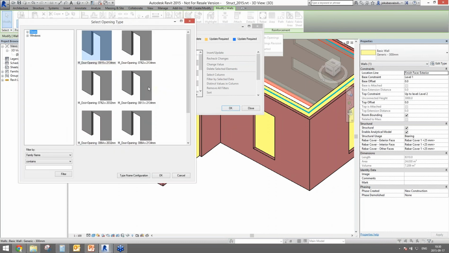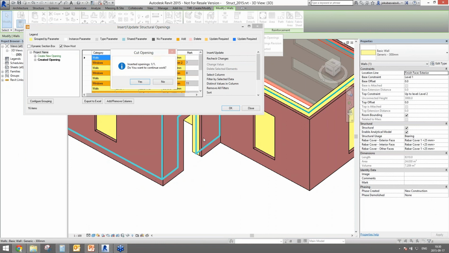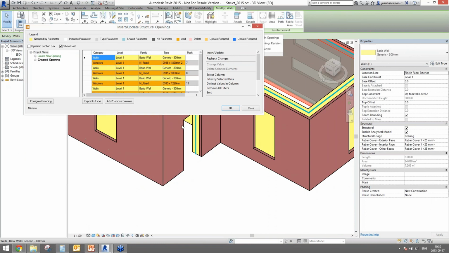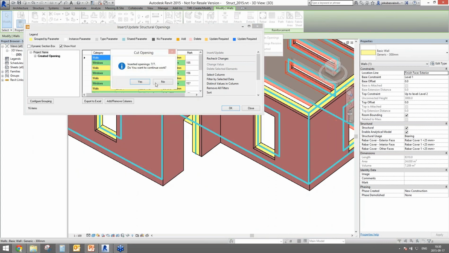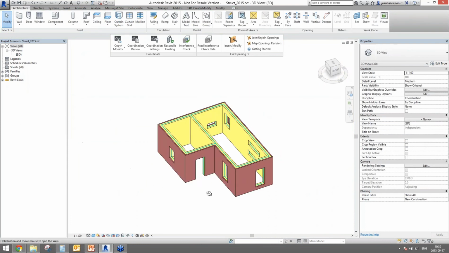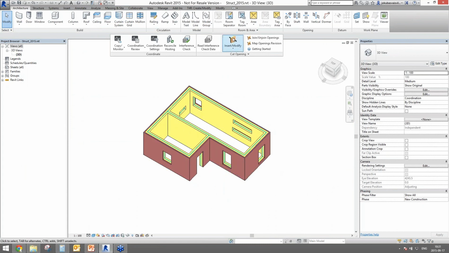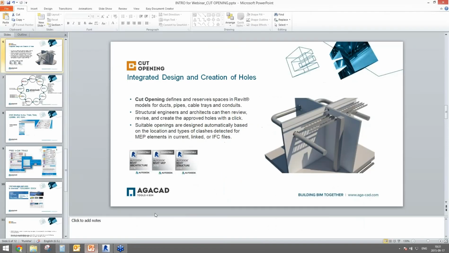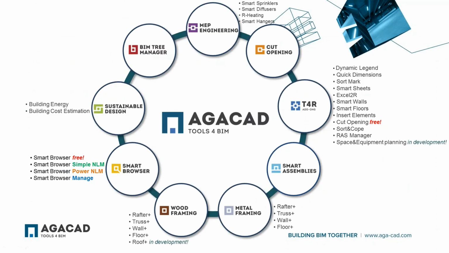openings. I'm clicking OK, and I have two possibilities: to add the doors or to add the windows. So it automatically will generate the sizes, the types of the openings, and that could be done for windows as well as for the doors. So this is our Cut Opening, and I'm going back to the PowerPoint. So this is our Cut Opening and new Cut Opening version, and